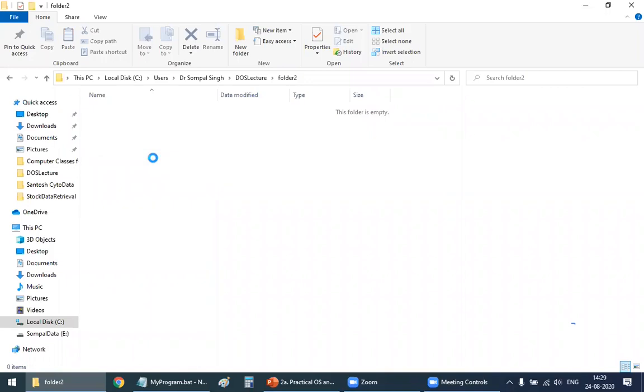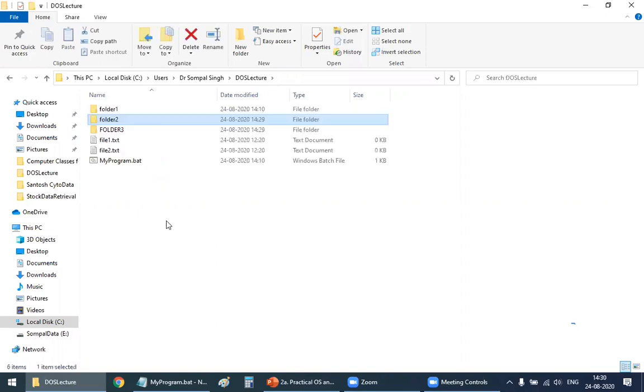So my file is now in folder 2 and it has disappeared from this folder DOS lecture. So this is how we move a file. So there is a difference between copying a file and moving a file. And this is a program. If I double click on this program, it will run.